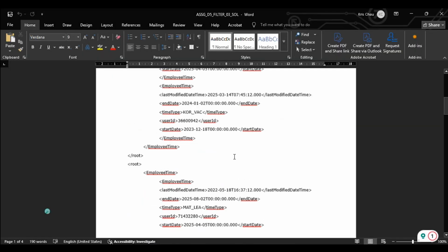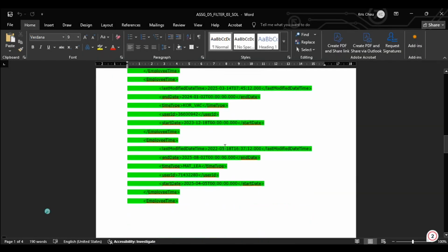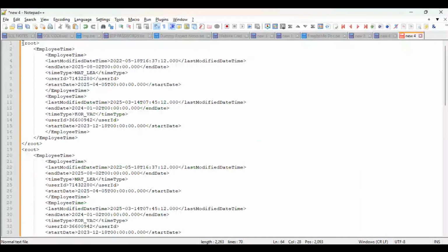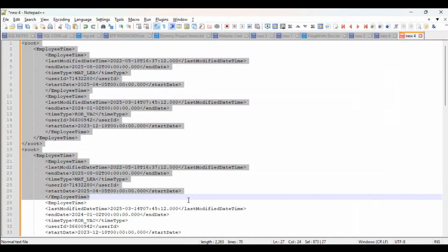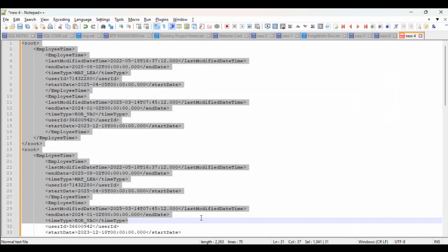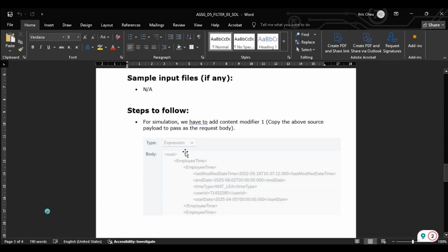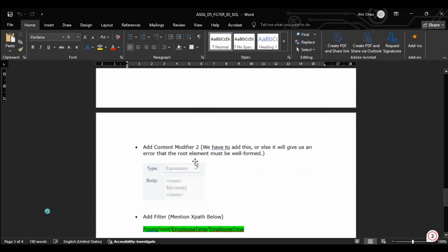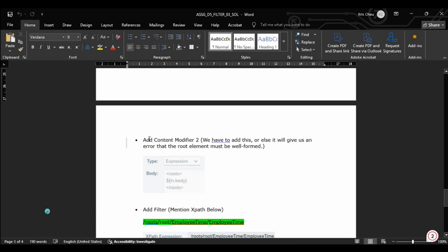Firstly, we have to copy this payload which is given in our content modifier. If we are doing simulation, then we need to copy it there. I have shown it here. And then we have to add one more content modifier after that. In that content modifier, we have to write roots, then $in dot body, and we have to close that roots